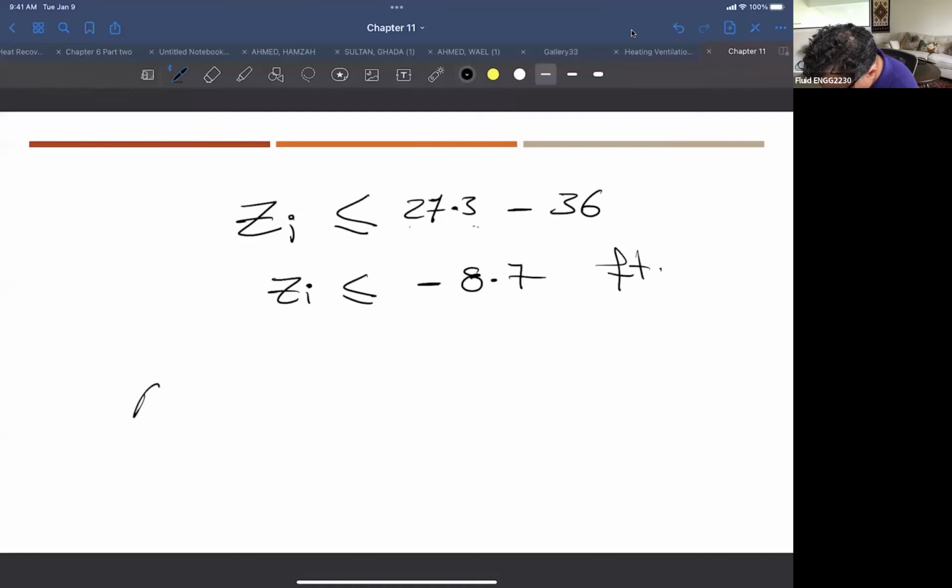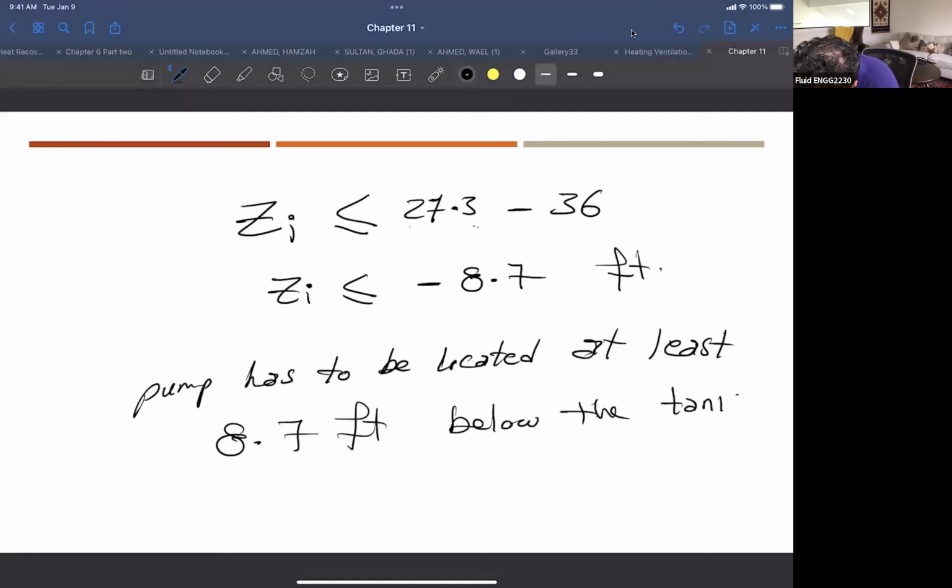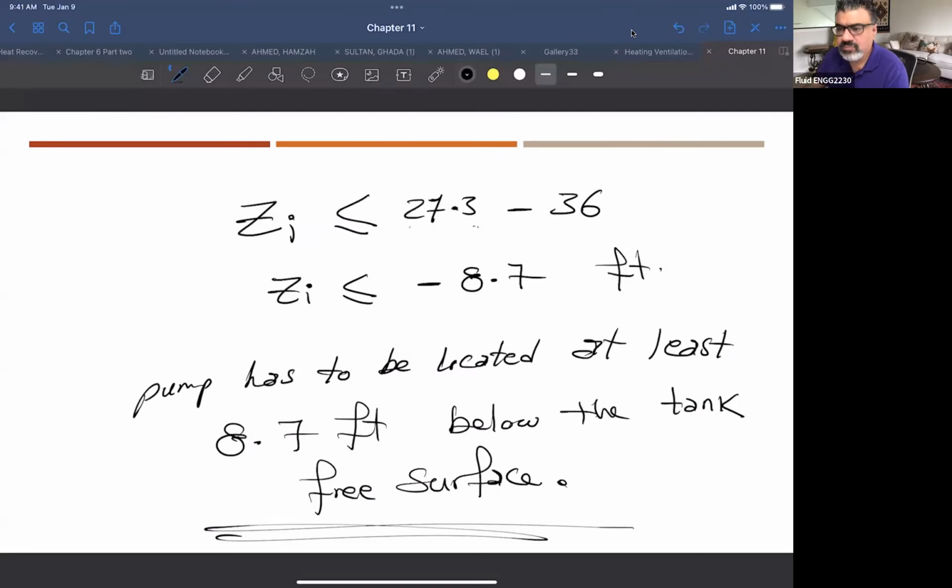So the pump has to be located at least 8.7 feet below the tank free surface. Okay. I consider this is, so cavitation will happen if it's 8. Yeah, that's correct. And that's why sometimes you don't see a pump that is, and that's why you have to